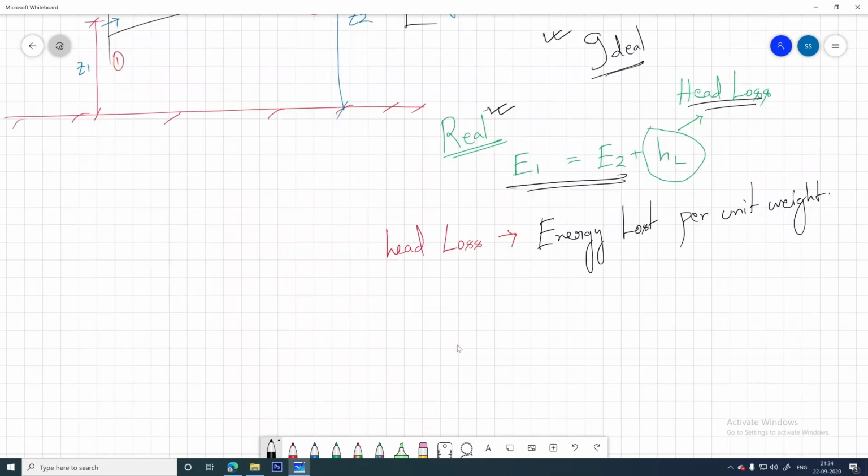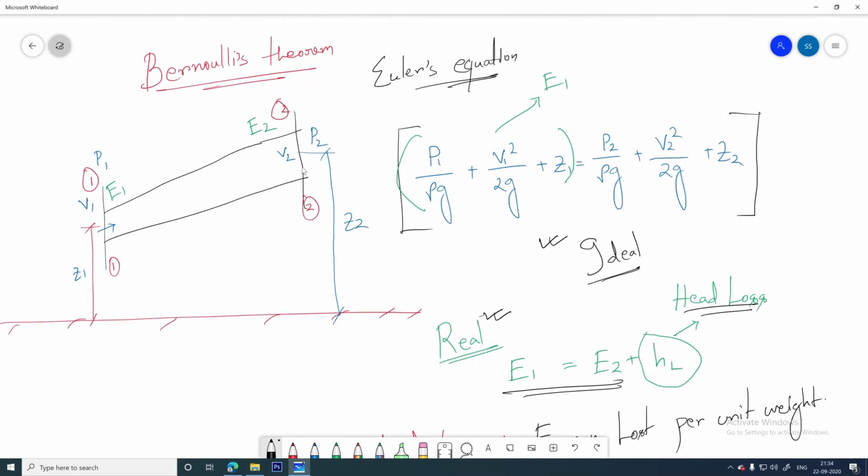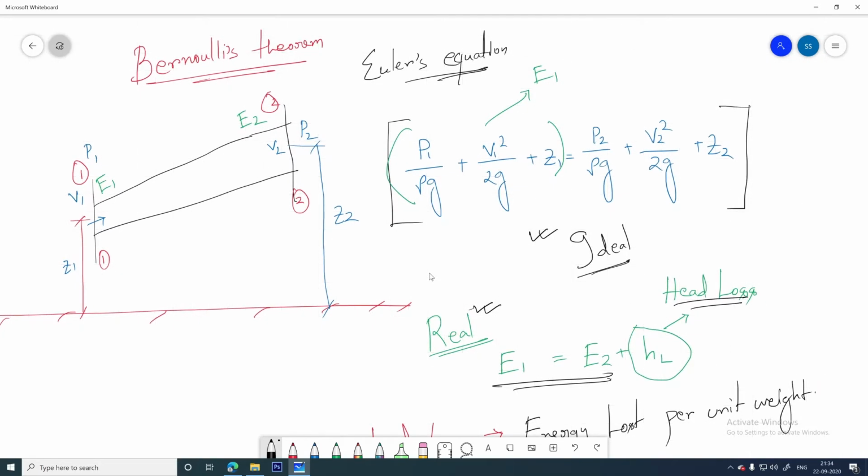Now suppose you need to see a real example of this Bernoulli's equation. In the upcoming semester, currently you are in 3rd semester, when you reach the 5th semester, you have a hydraulics lab, and there you need to verify this Bernoulli's theorem. So it is better if I can show you that experiment right now, so it will clear your concept as well, because whatever I have told is not a proper pictorial diagram. So I am giving you just one example, a screenshot.